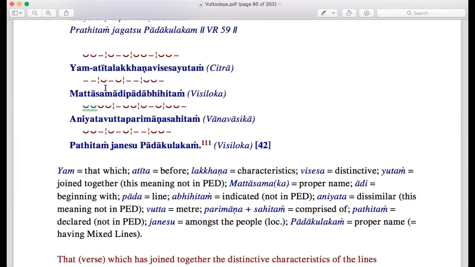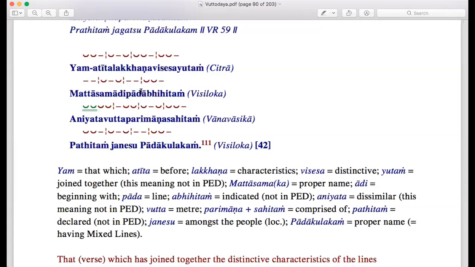Matta sama means the verse we learned as matta sama. Actually there was another verse named Achaladhiti. Achaladhiti was the first verse and the matta sama is the second verse. However, we can take Achaladhiti also because Achaladhiti is also included in this chapter. So matta samadhi pada means the lines of the verses beginning with matta sama. So we include Achaladhiti, the first verse, also here.